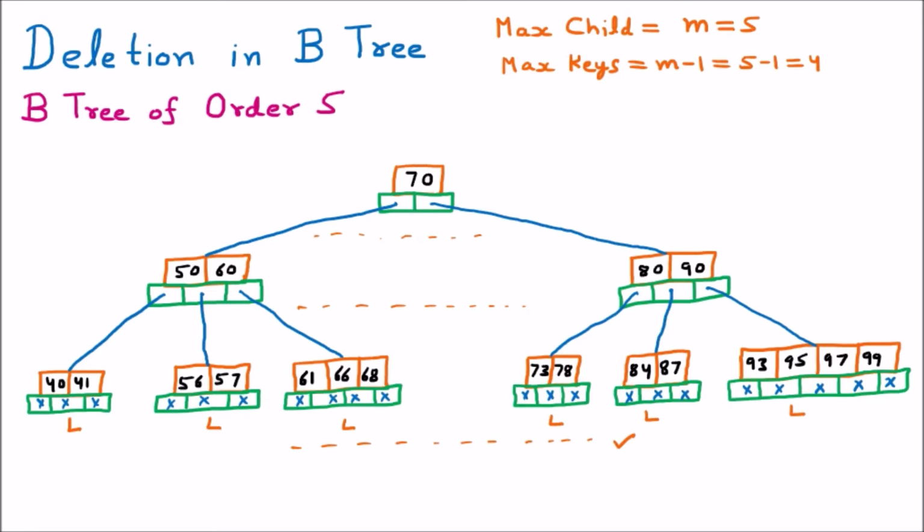So the second condition of the B tree is that root should be having at least one key. We can see that the root here, root is the top element in a tree. So here this root is having one key. So one key is there. And how many children are there? 1, 2. 2 children are there. So root is having one key. So this condition is also followed.